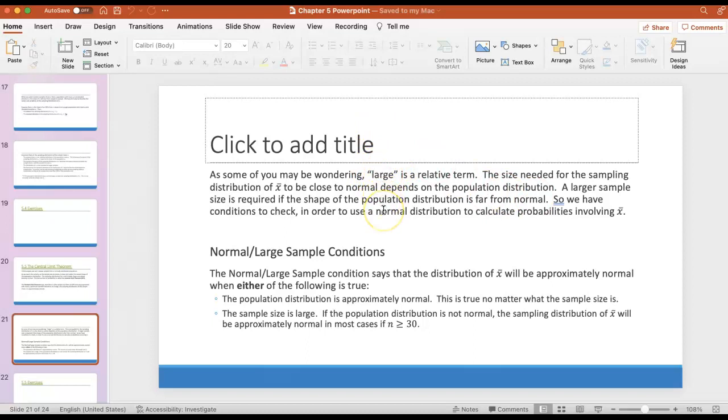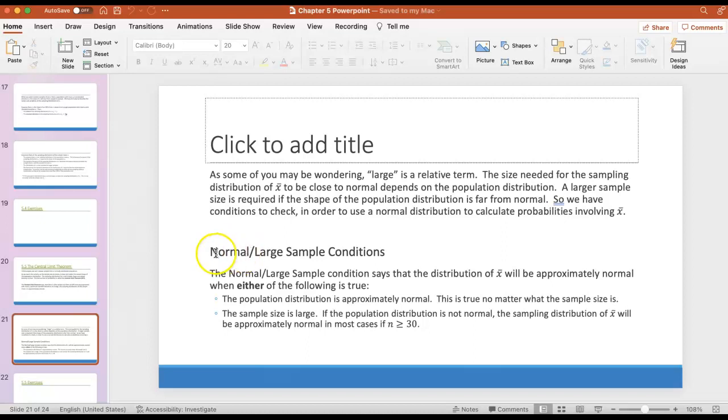Okay, so what this allows us to do, and what we're referring to in large, is we now have two checks for normality. If you were someone who took the quiz on Friday, or if you've just honestly been paying attention in class, we have been talking about making sure that we do some checks before we find the probabilities of some things. And one of those checks has been the same for both proportions and means. We have checked the independence of a sample. And what we had said is the sample size can't be larger than 10% of the population.